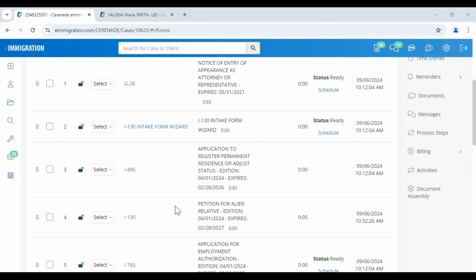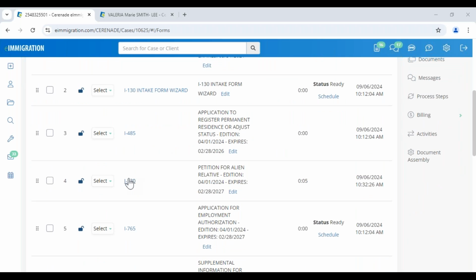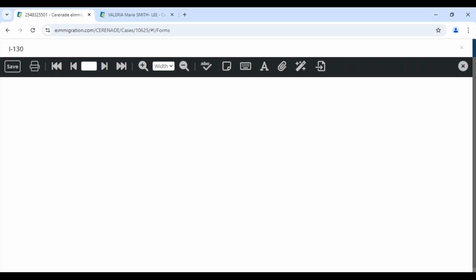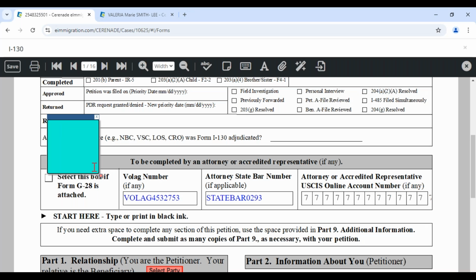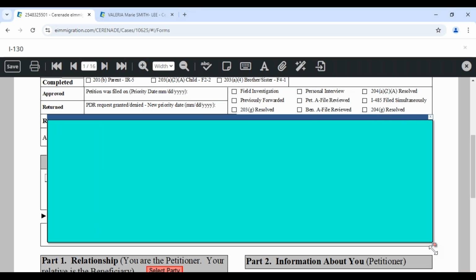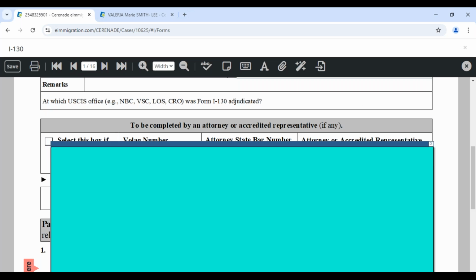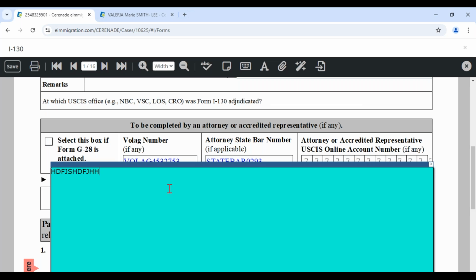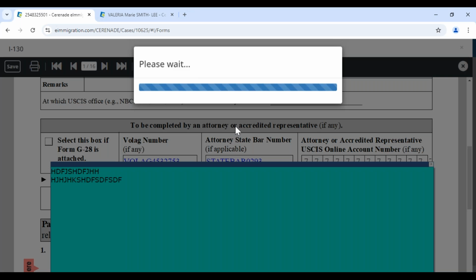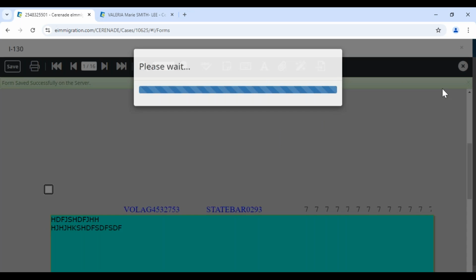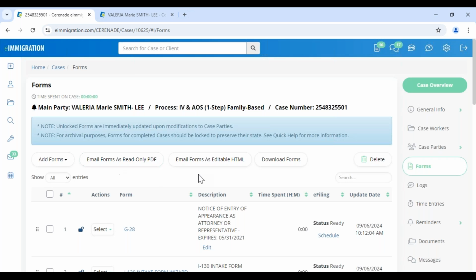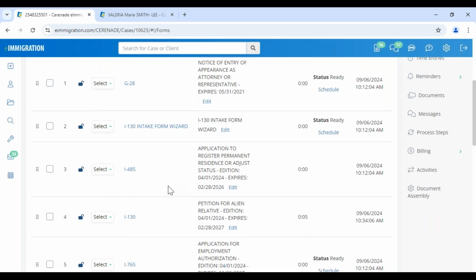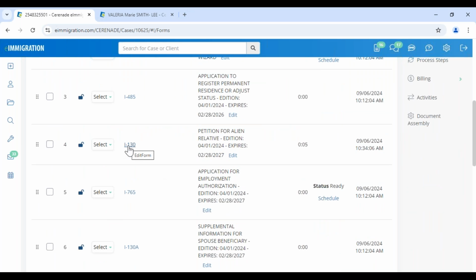All right. So how do I send the form to the client? If you are going to send the form to your client, I suggest that you use the sticky notes. You should put a large sticky note on the front of the page when they first open the form: Please client, these are the notes, observations, and questions that I have for you. I always like to use that sticky note, I guess because I went through the process of getting my own green card and citizenship. If the attorney wanted me to review a form, that's what I would like the attorney to do,